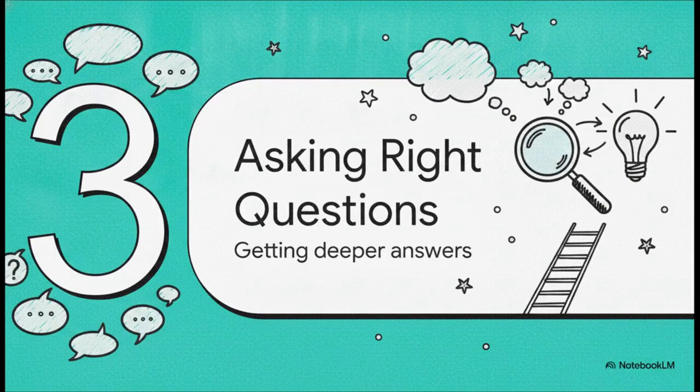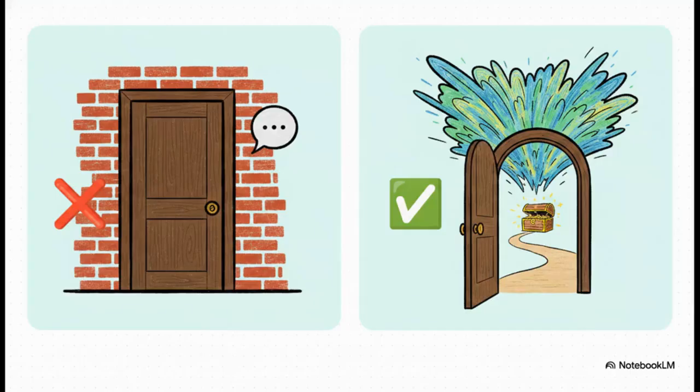Section 3. Asking the right questions. Getting to those deeper answers. Now, what's really interesting about this is that the type of data you get back depends entirely on how you ask the question. Asking, "Do you like this product?" is a closed question. It literally only yields a yes or no and immediately shuts down the conversation. But instead, asking, "Can you describe your experience using this product?" forces the user to tell a story, opening the door to an absolute treasure trove of deep insights.